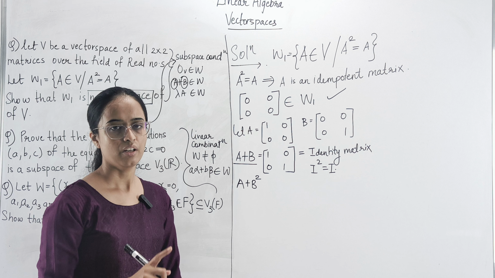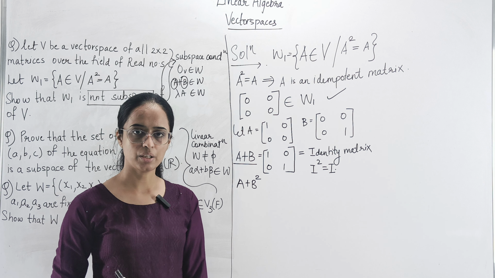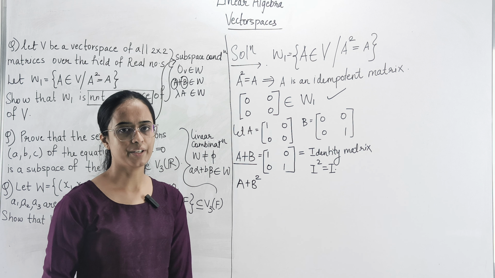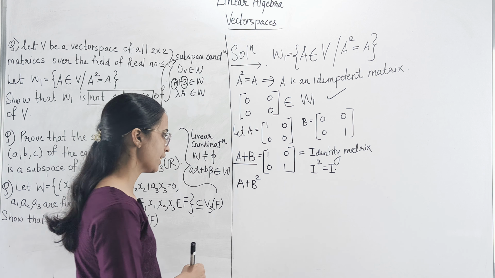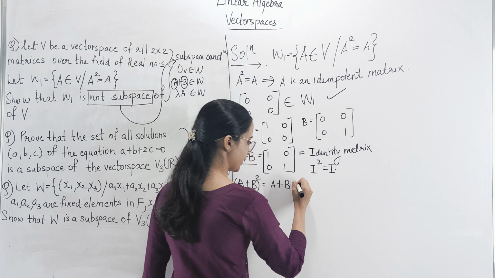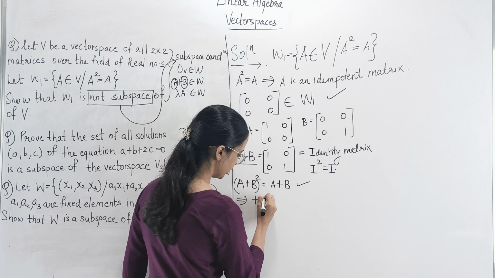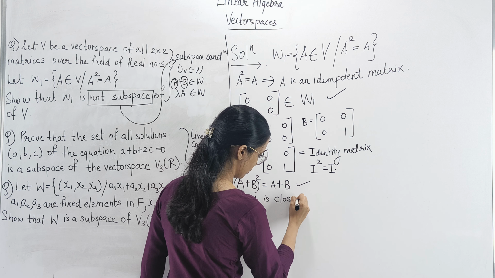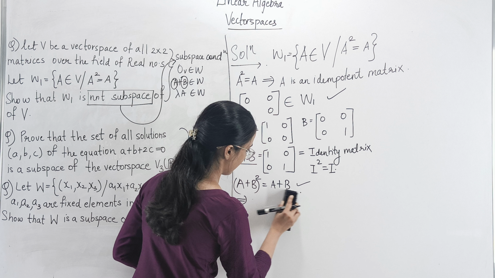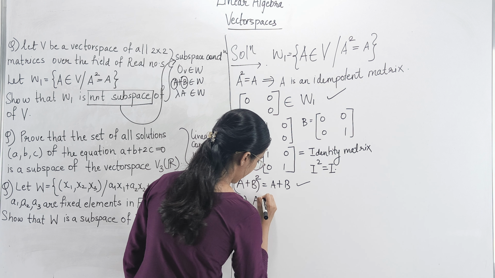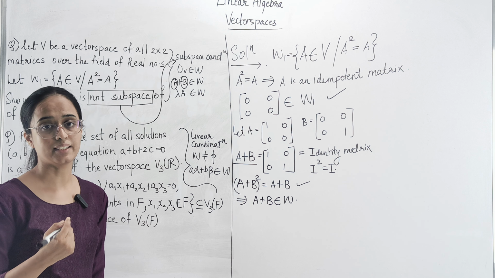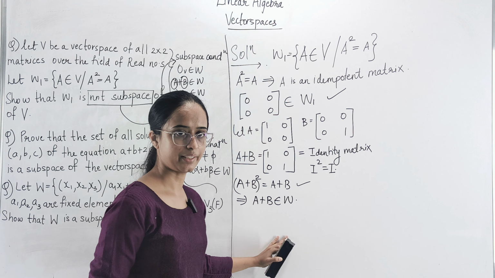This is like the number 1, which is the identity element for real numbers. Similarly, this is the identity element for matrices. So the square of the identity matrix would be the matrix itself. So we can say that A plus B the whole square is again nothing but A plus B. Again this condition is satisfied, so we can say that addition is closed, right? Or we can say that A plus B belongs to W. So this second property is also satisfied. The first is satisfied, the second is satisfied.